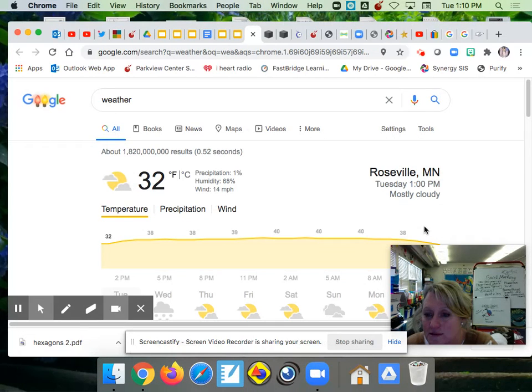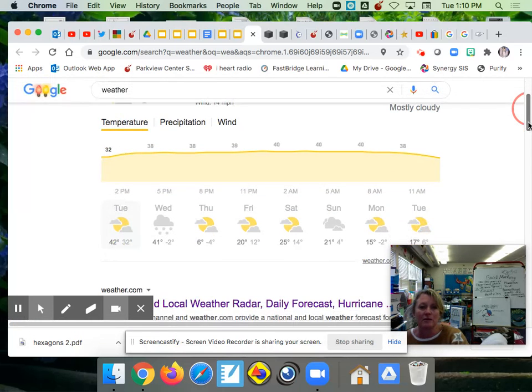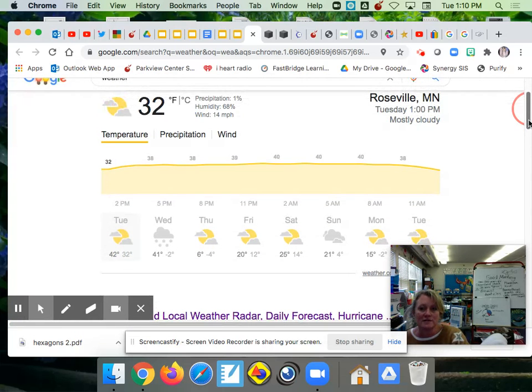I have this site saved at school. So on my team, we check this site every day and we've been looking. We've been noticing this symbol here, these snowflake symbols for Wednesday, the 23rd. But it looks like it's going to get to 41 degrees. So I don't know, even if it is going to snow, will it stick around? But look at the low, -2 degrees. You can say that as -2 or negative 2.